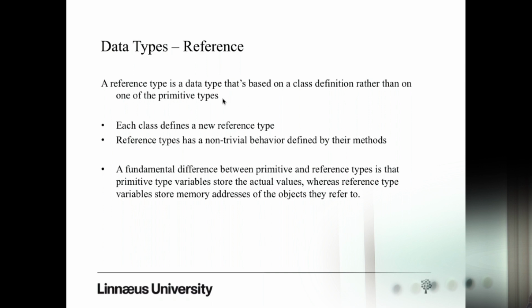For example, data about a student is not a single value. It is composed of multiple different attributes: name, address, course, date of birth, things like that. In that case, we cannot represent data about a student using one single primitive type. We need multiple